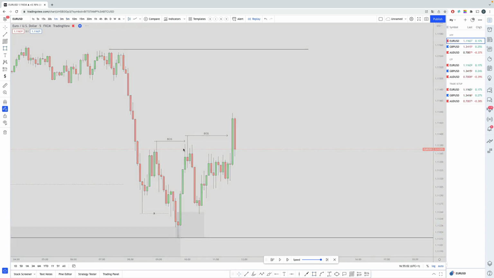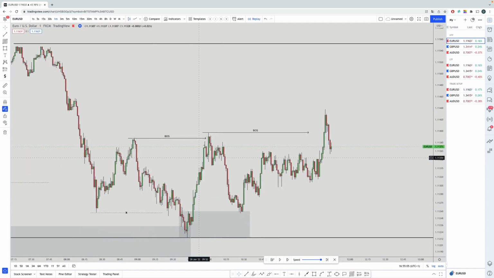So that demand zone, which closed perfectly above on the 1 minute time frame, has confirmed currently that we're bullish. So on a 1 minute, you can use this demand zone, which is